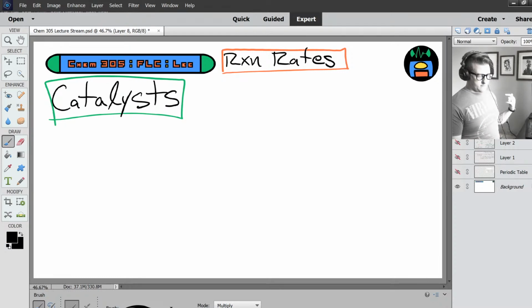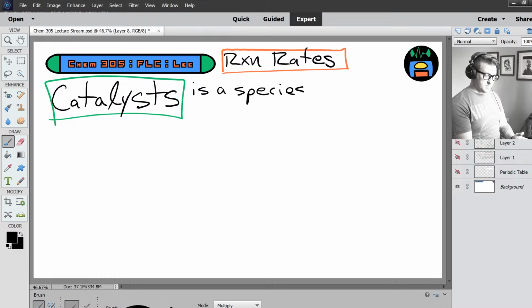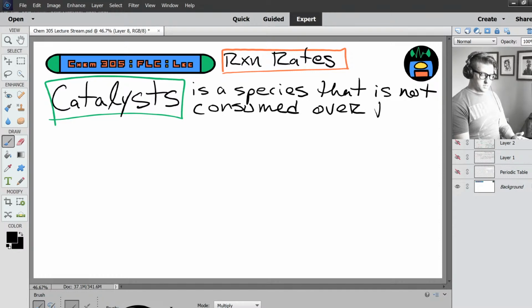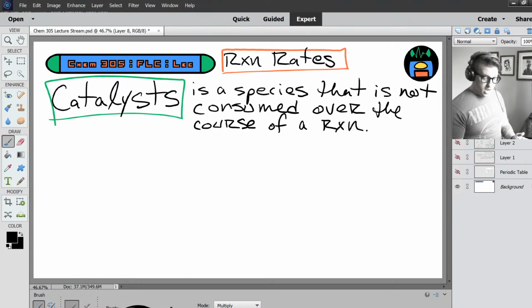So a catalyst is a species that is not consumed over the course of a reaction, all right, a catalyst is a species that is not consumed over the course of a reaction, and catalysts